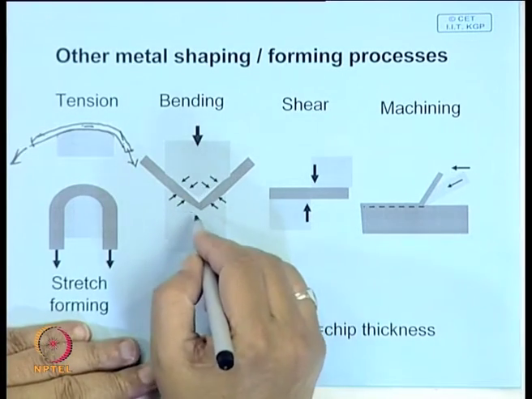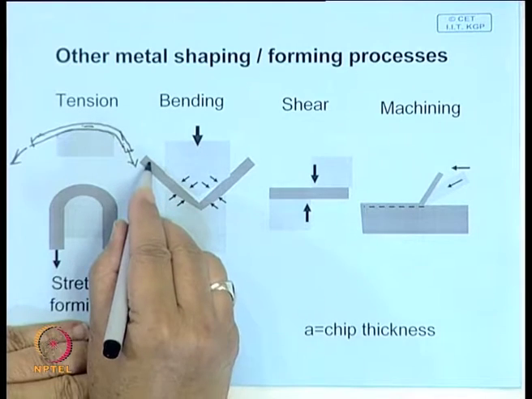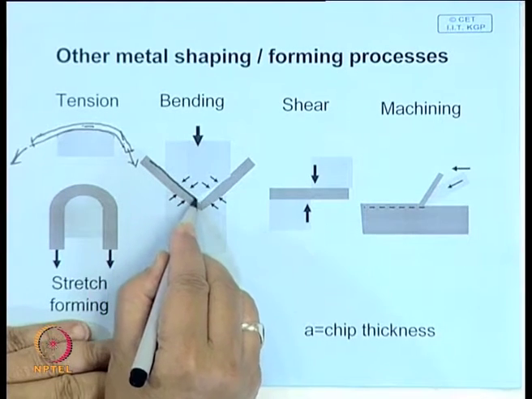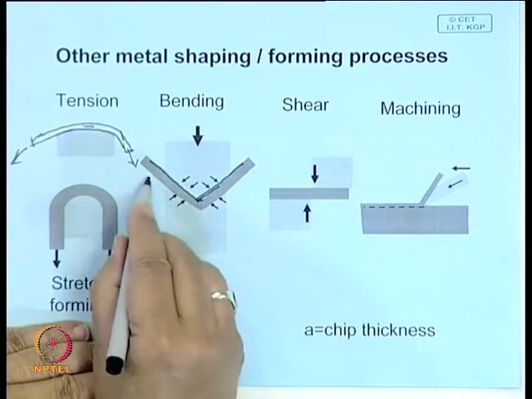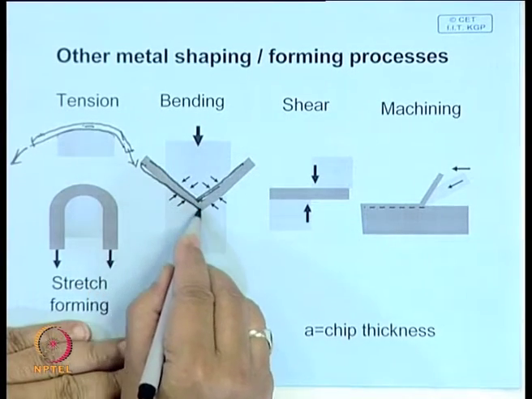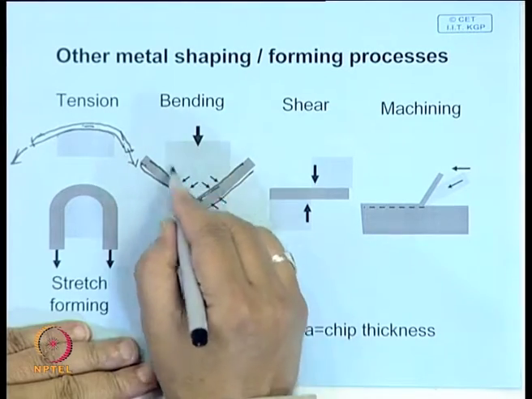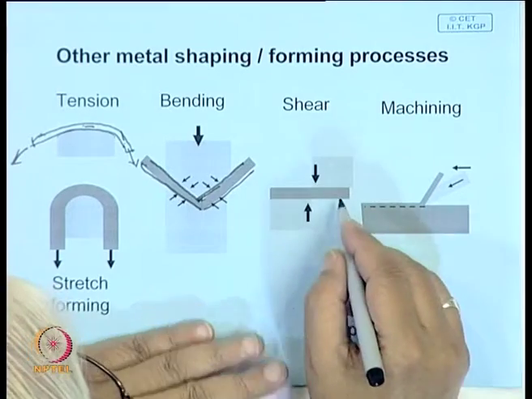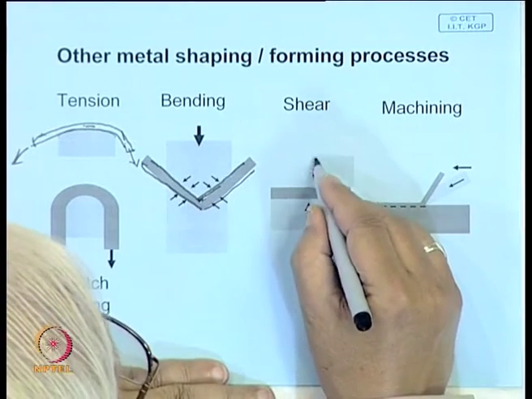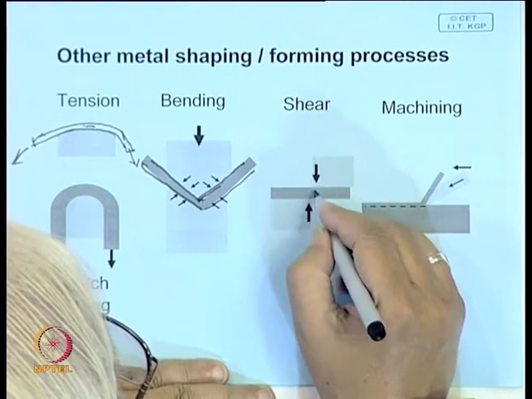Similarly, you can bend a sheet into a particular shape. This is kind of a bending operation. This is the die, this is the punch. Now, machining and shearing, cutting, here also the state of stress you are applying is one